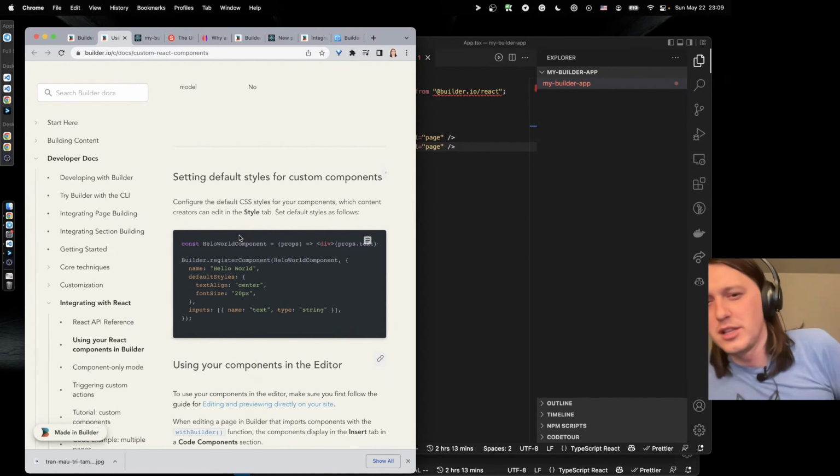Get a sync prop. What? Too much again. Okay, adding children to custom components. Don't care about that yet.